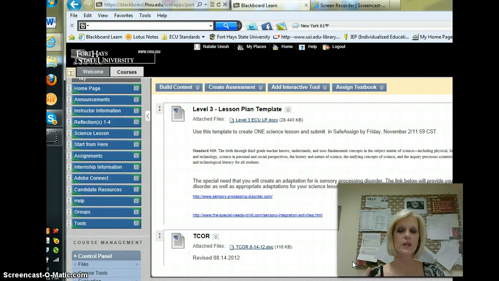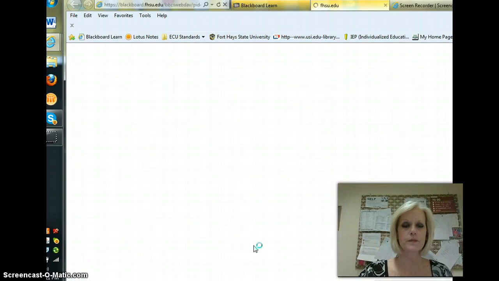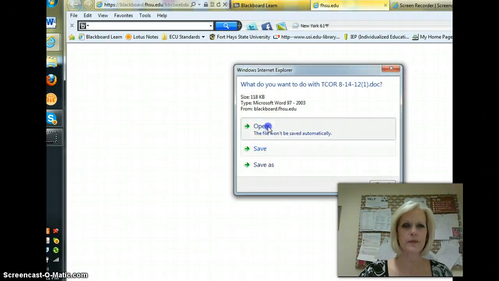So we worked really hard on creating this form. I was on the committee that created it. But sometimes people will look at it and say, well, it's not really early childhood friendly, but I think that we can make it work. So I'm going to go ahead and open the form up so we can take a look at it.